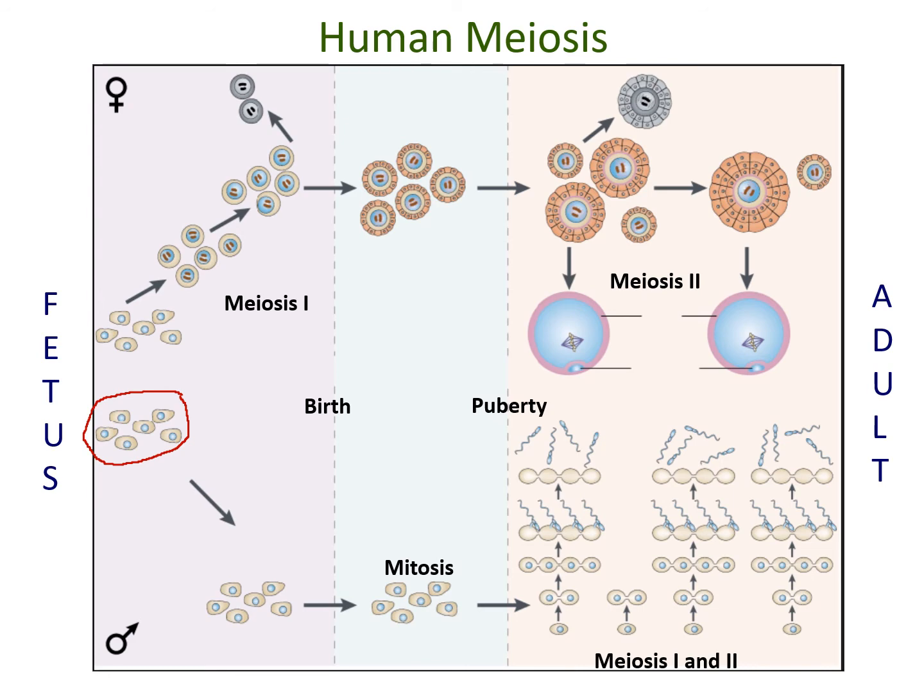So some of these cells will become spermatocytes and then divide through the 2 divisions of meiosis to produce 4 haploid sperm cells. This population is maintained by mitosis throughout adulthood. So after puberty, males start making sperm, and they're making sperm fresh all the time, and this continues into old age. Now, what happens in females is a bit different, and admittedly it's not fair, but this is the way